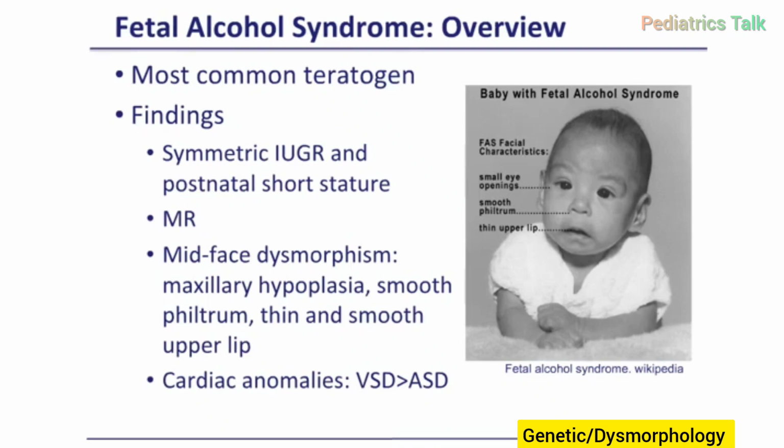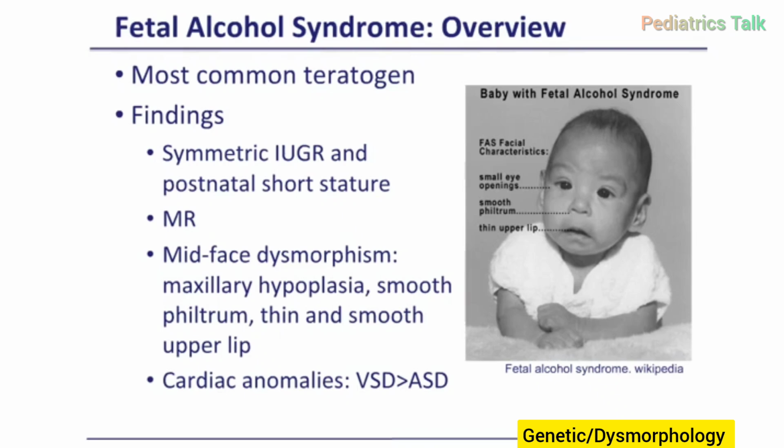Therefore, we have to, again, be able to put all these things together and come up with the possibility of how the way the baby looks and the findings that are present in terms of most likely fitting fetal alcohol syndrome. Now, if we have evidence, of course, that the mother drank during pregnancy, then the diagnosis becomes easier. Also, after birth, these kids have low postnatal growth in height and also slow postnatal growth in terms of brain growth, and therefore they remain relatively microcephalic, or at least the brain and the head circumference have a relatively slow